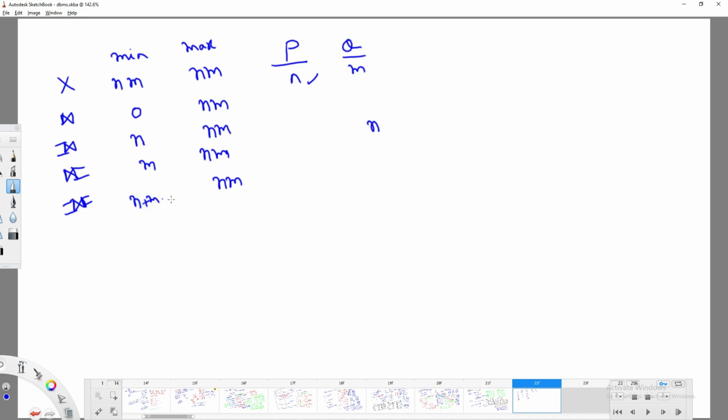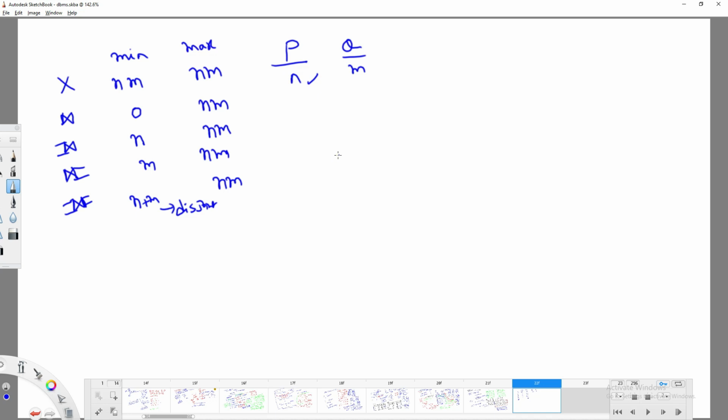Is there any other possibility? Okay, if they are not disjoint, then what will happen? Assume that P is a subset of Q. Is it possible?